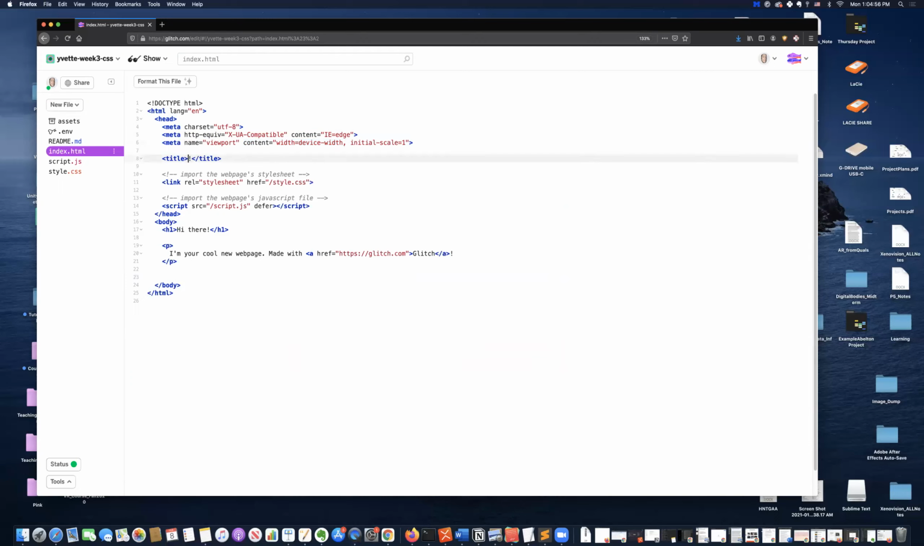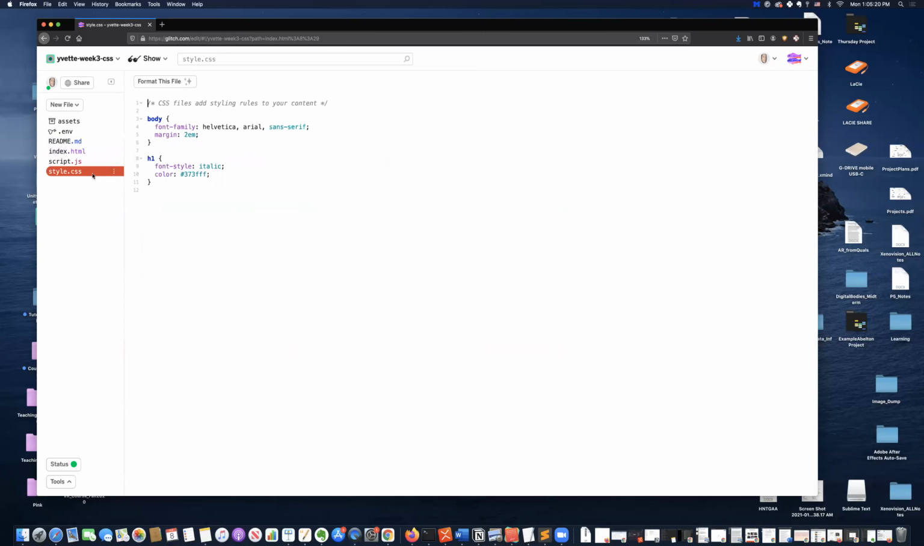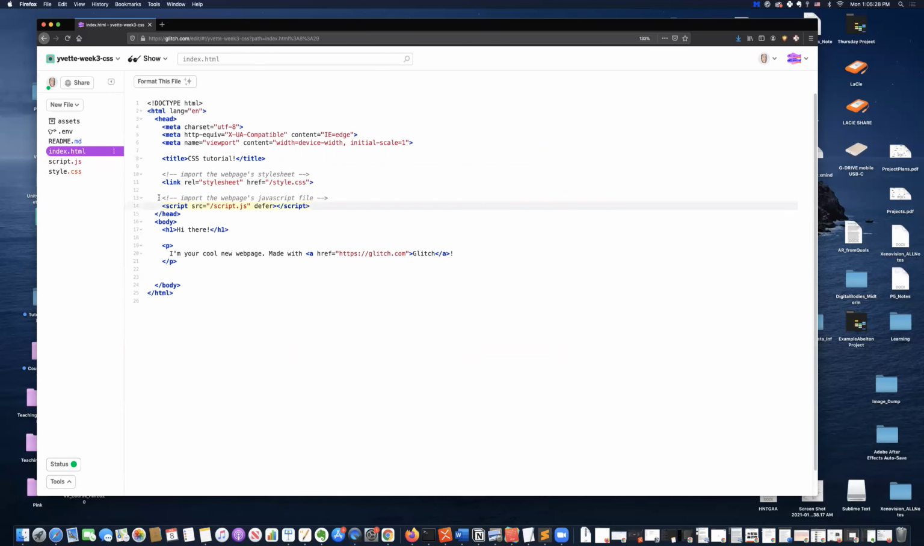So I'm going to call this CSS tutorial, and that will change the title on the tab up here, CSS tutorial. And then they have a link in the head tag to the style sheet. So this is another file that is in the site folder, and this is where we're going to style our content. They also have a JavaScript link, and we're not going to do JavaScript this week yet,